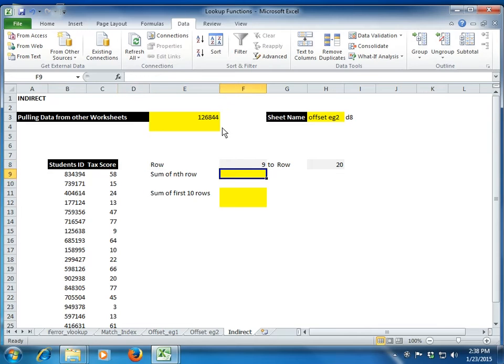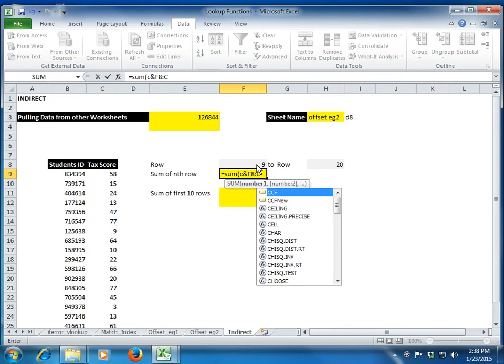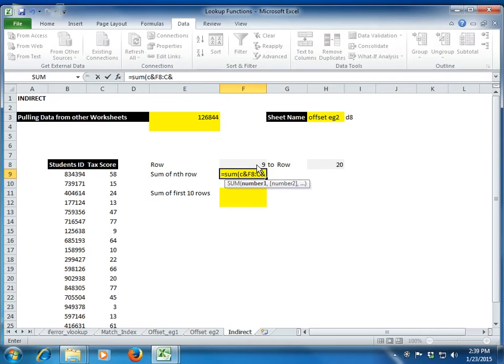Say for example I want to sum the nth row, that is, sum from row number 9 to row number 20, which I have created here. So I want my SUM function to take the reference from which cell number to which cell number I want the sum. So if I simply write a function, let's say SUM, C9, I write C and link this cell, then the colon, which you are aware is used for a range, and again C and I give a reference to this cell.